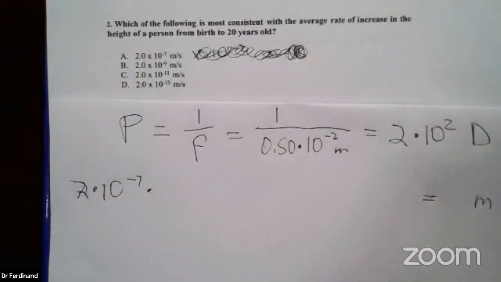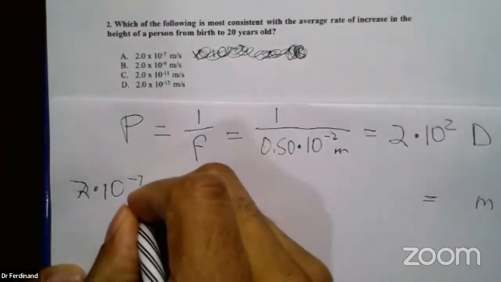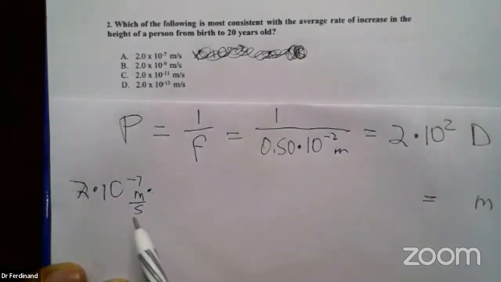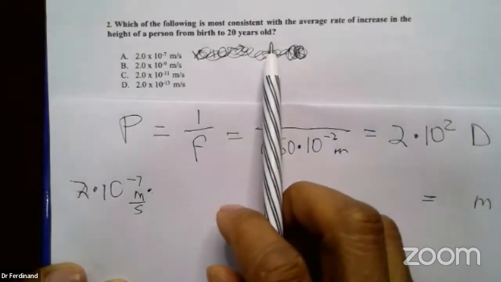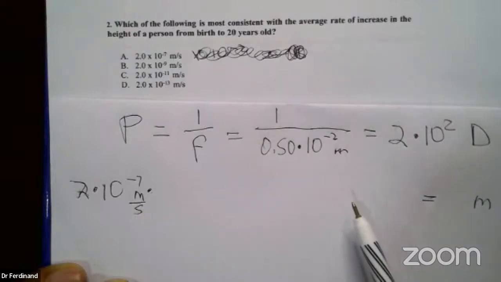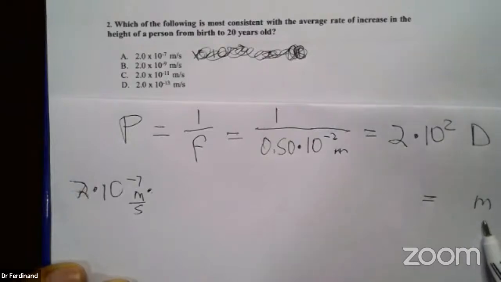As I said before, if it's 100 meters or 1 centimeter, I know that would be incorrect. So I have 2 times 10 to the minus 7 meters per second, and I'm being careful to use dimensional analysis. Now I need to get this up to years. Why years? Because the person is 20 years old. So I need to convert these seconds into years and then into meters so I can make a logical decision as to reasonable or unreasonable.